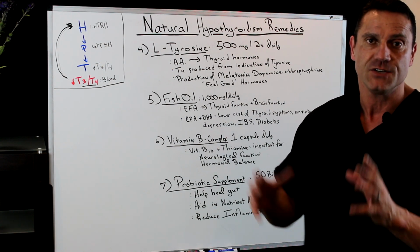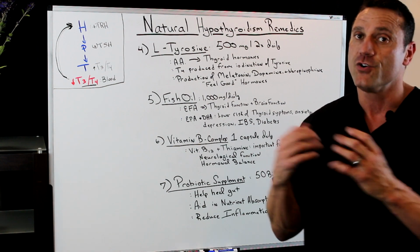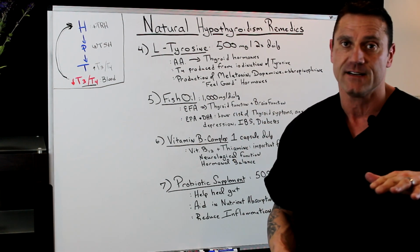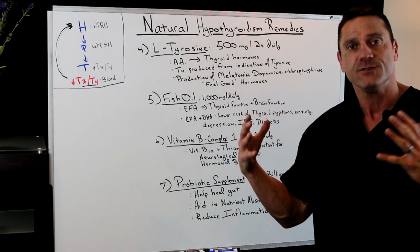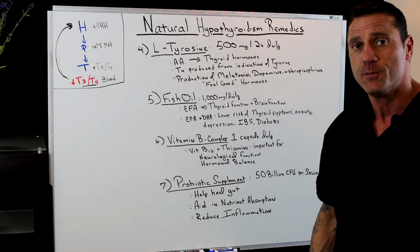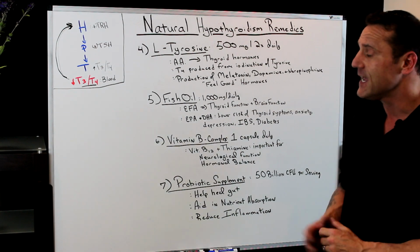Remember, when you're stressed out, you burn a lot of dopamine, epinephrine, norepinephrine through the adrenal system. Increased cortisol shuts down the thyroid gland. So by supplementing with tyrosine, you're basically doing a hat trick, because not only are you producing thyroid hormones, but also producing dopamine, melatonin, which will help you sleep. Okay? So next,